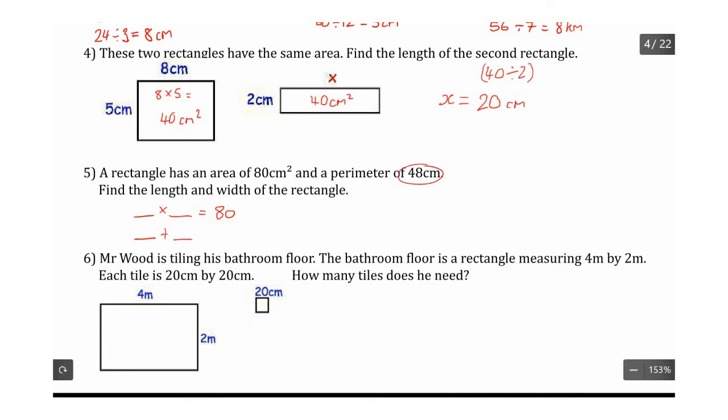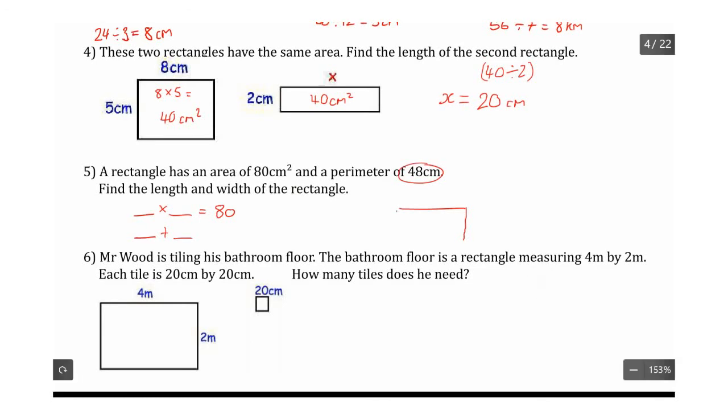Okay, and the reason they only add together to give half of that is because if this is a rectangle, those two edges would account for half of the overall perimeter, and the other two edges, I'm not going to join them up specifically so that you can see this, would form the other half of the perimeter of the rectangle. So when they add together they will equal 24